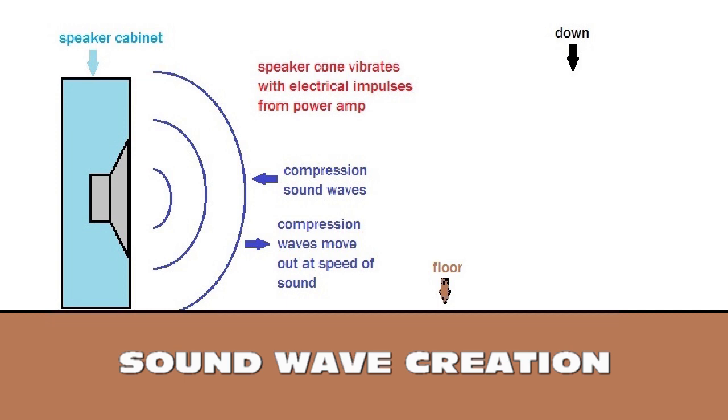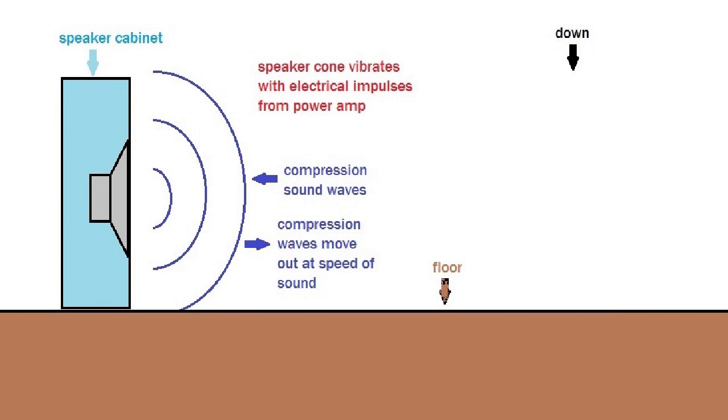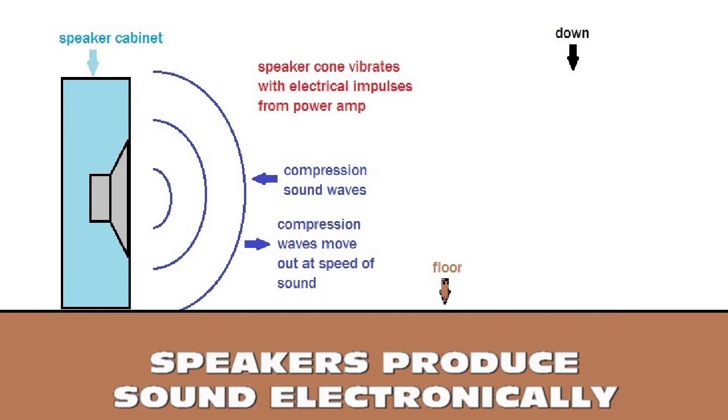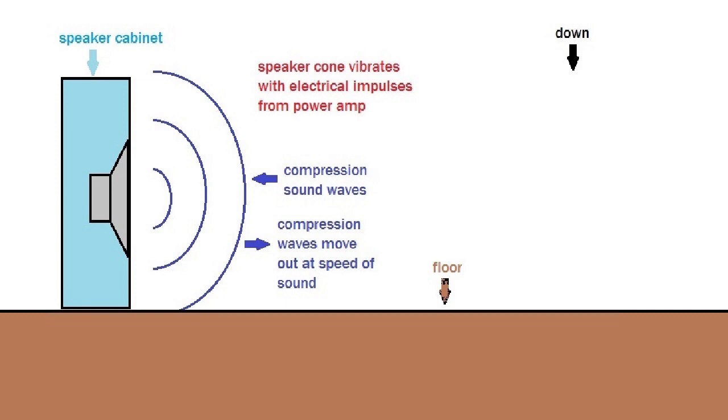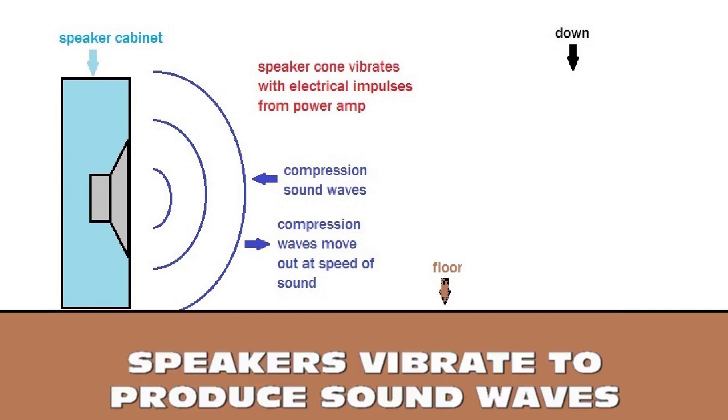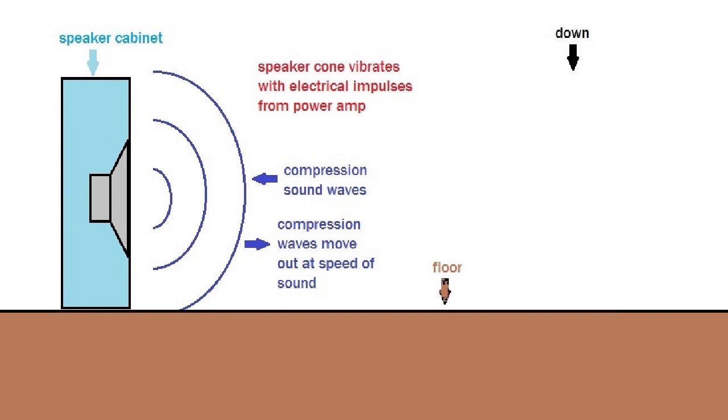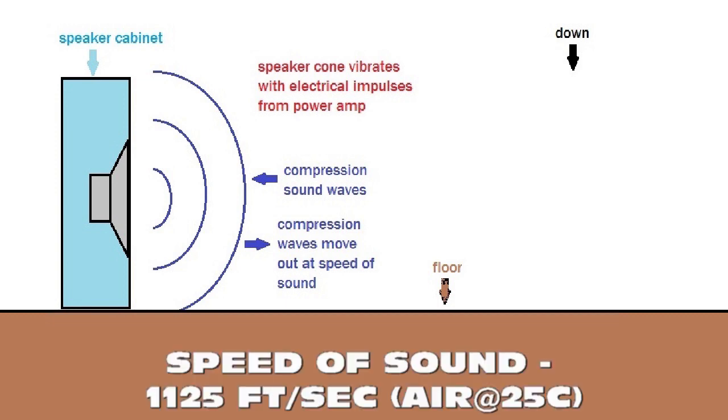The compression wave is caused by vibrating objects. The object can be caused to vibrate by striking it with a hammer, as in a bell, or plucking a string with your finger or a pick, or hitting the drum head with a drumstick. These all cause vibrations in the medium, and these vibrations are transmitted into the air as sound waves, the compression waves. Now the compression waves, a sound wave, moves through air at 25 degrees